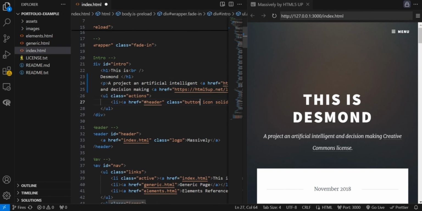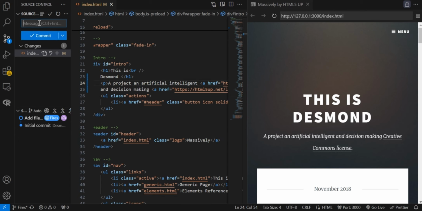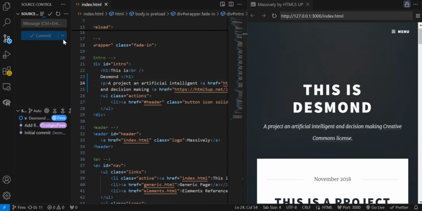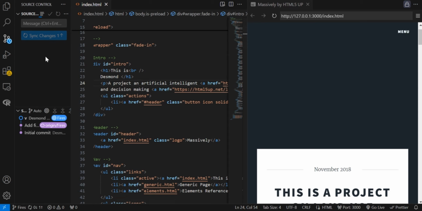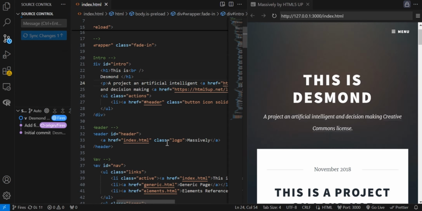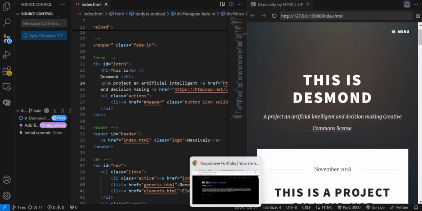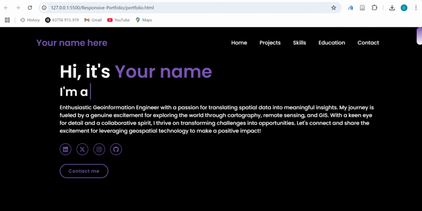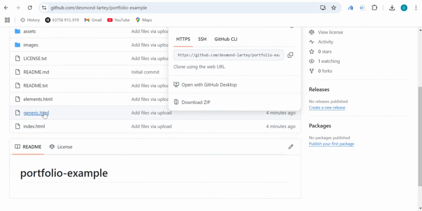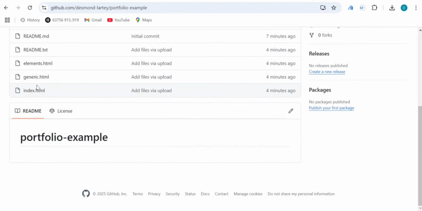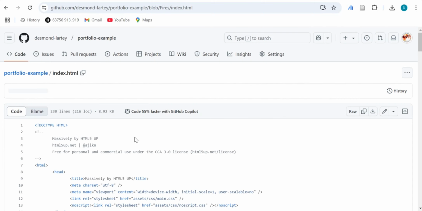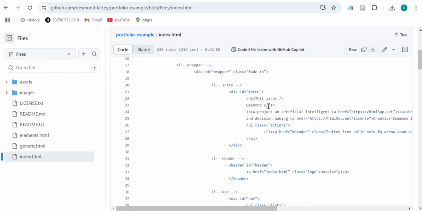So this is what I meant, that once you edit it here and you save, then you have permission to commit these changes and then synchronize it with whatever is on your GitHub page. It's still synchronizing, but I can show you that if you click the index file, you see that whatever I changed here and just committed appears here.